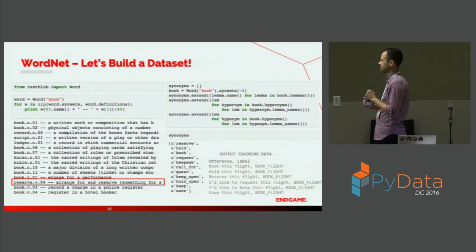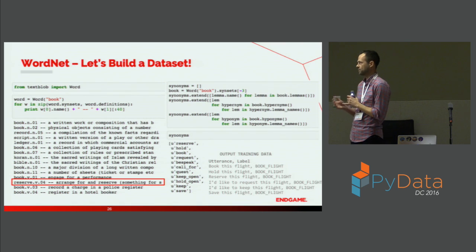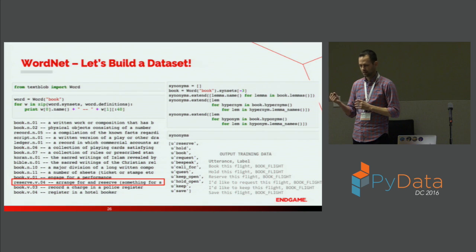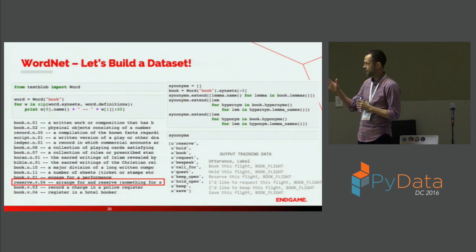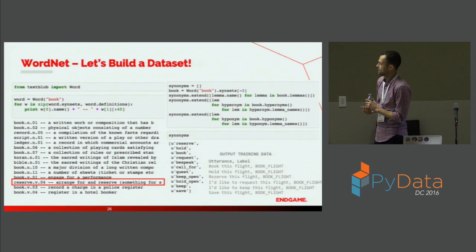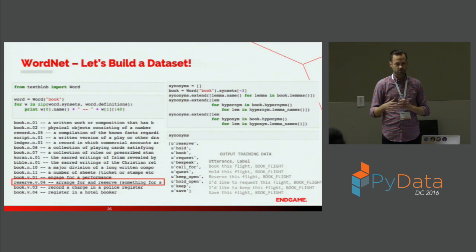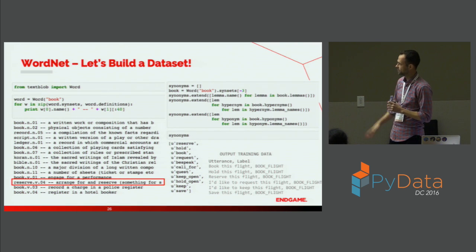WordNet is the way you can go from those 5 pieces of training data to 25, 35, 100. In this case, I just take the TextBlob library and feed in the WordNet platform. I think MightyNLP, OpenNLP, and NLTK all have access to this as well. I take book, and then I produce the synsets associated to book. Synsets, synonyms, whatever, very, very straightforward.